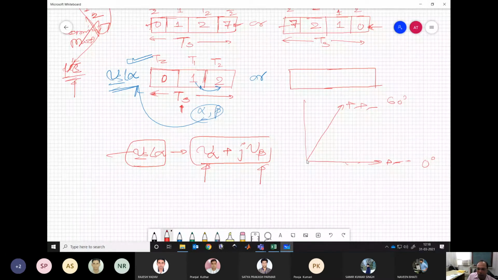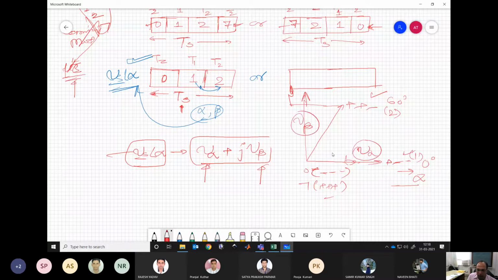So the second is having some component along this beta axis, and both are having some components along the alpha axis. Are you getting that? So which means, if you apply these 2 and 1 for certain durations, you can realize any amount of V alpha and V beta, and so the desired vector, the resultant of these two. Getting my point?